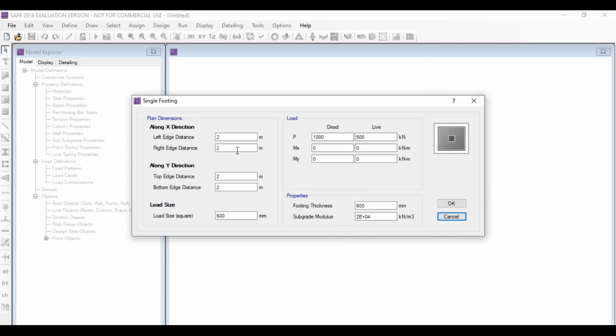Click on single. Here the single footing data appears. So plan dimension along X, this is the edge distance from left, top, right and bottom, put 1.25 as calculated before.